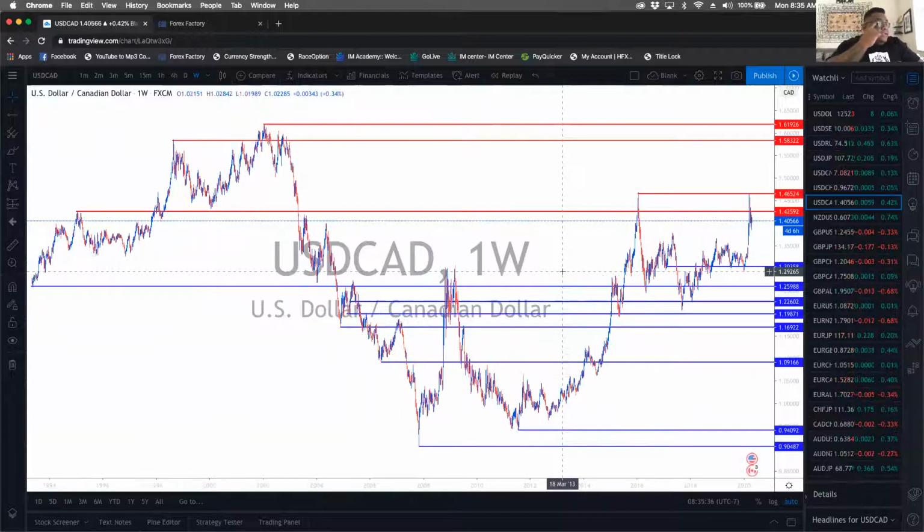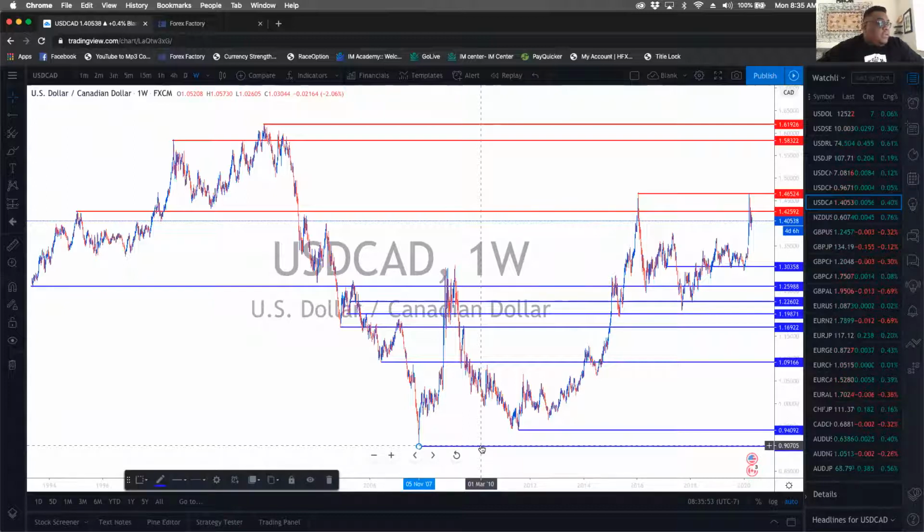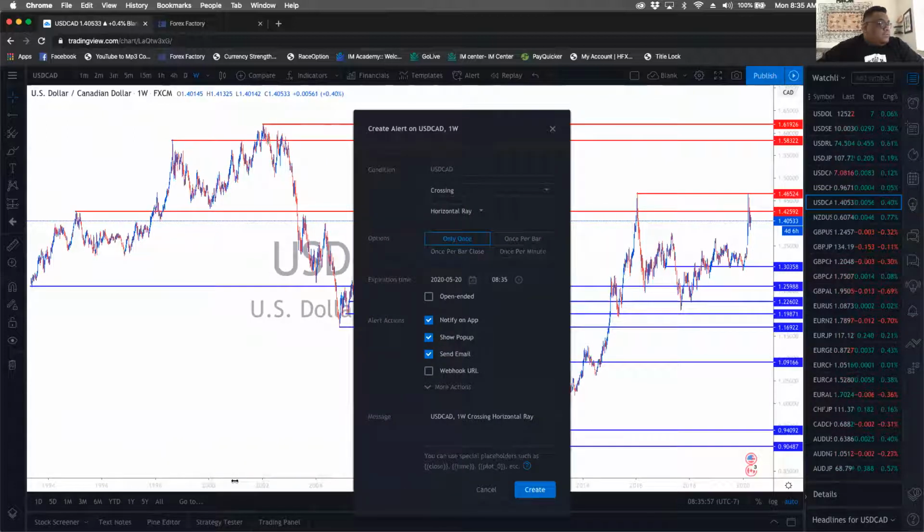Now, one of the great things to do that is highly recommended is you can actually set alerts to be sent to the TradingView app and also sent to your email. So what we're gonna do, the last step of this before we go on to do our trend lines is we're gonna go ahead and set alerts. Now on this indicator, we're gonna go here, add an alert, and you're gonna switch it over from only once to once per bar, notify on the app, show pop-ups in an email,